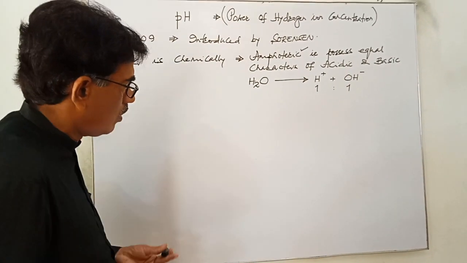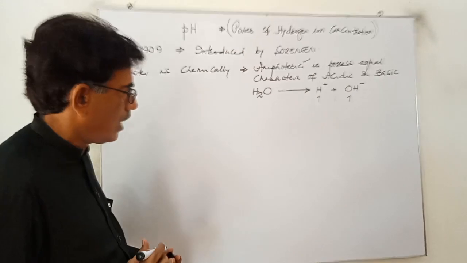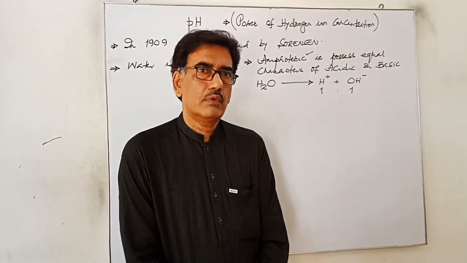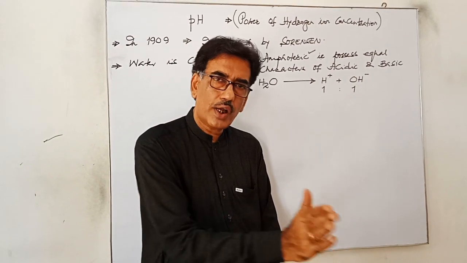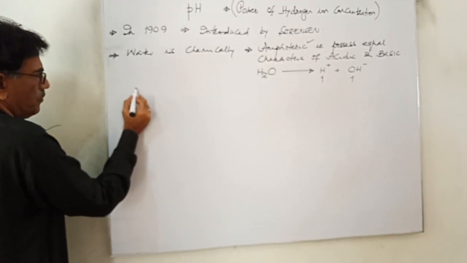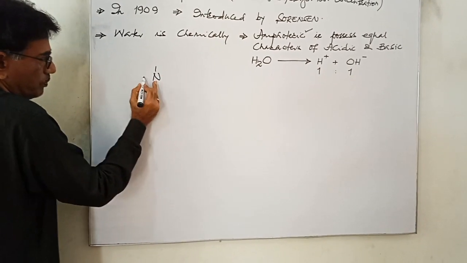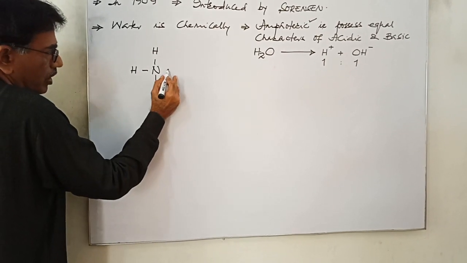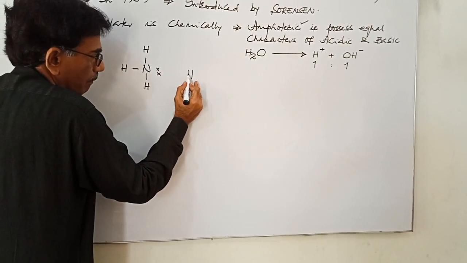So water, chemically it is neutral, meaning it possesses equal characters of acid and base. So we have to check how it can act as an acid or base during chemical activity, and later on we have to check the rest of the character of water. So in this chemical reaction, we first refer to the mechanism, because again I can say mechanism is the soul of the system; any chemical activity we can express by mechanism.